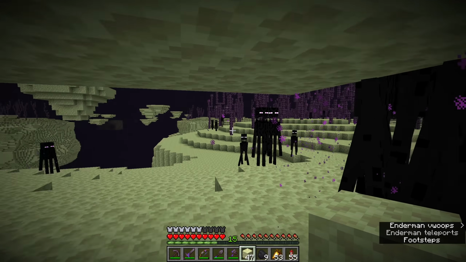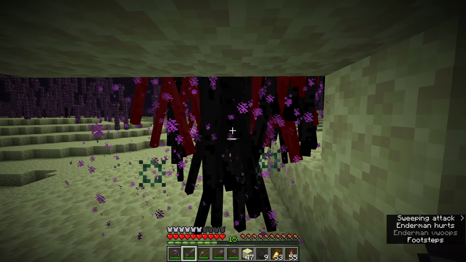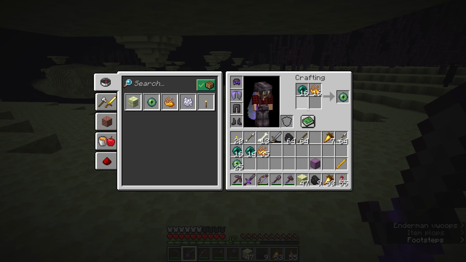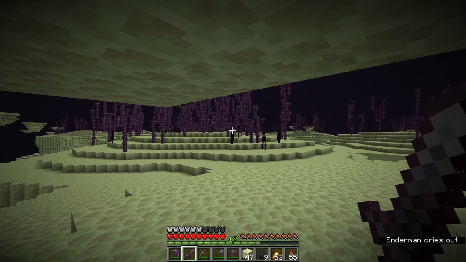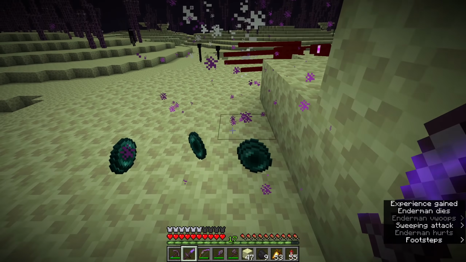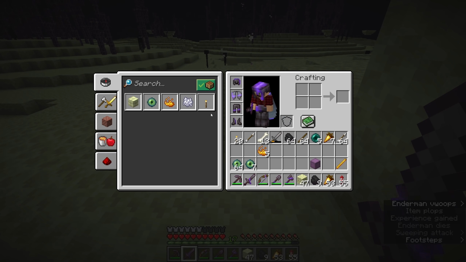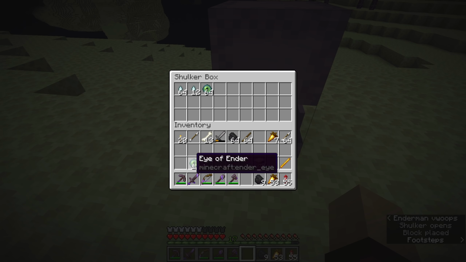I'm going to have to lower this volume when I edit it. Oh, God. Okay, we are almost there. We just need 5 more ender pearls. That's about 1, 2, 3 worth? Yeah, nailed it. Cool. So we have, in our little chest here, our little shulker box, we have the required